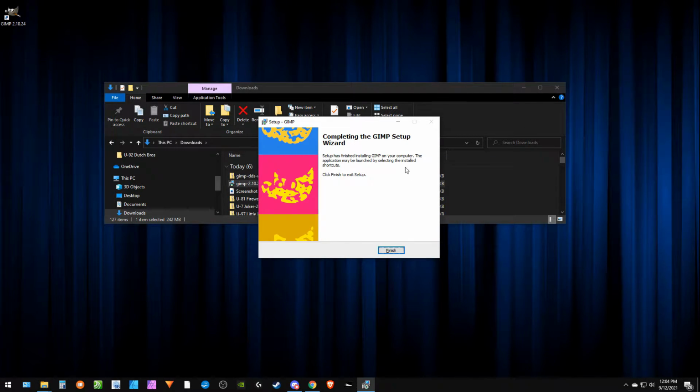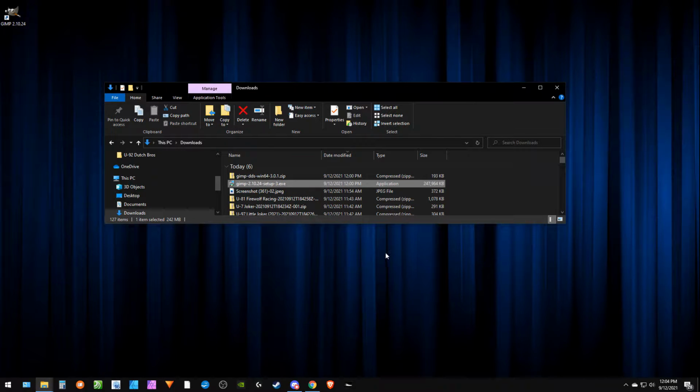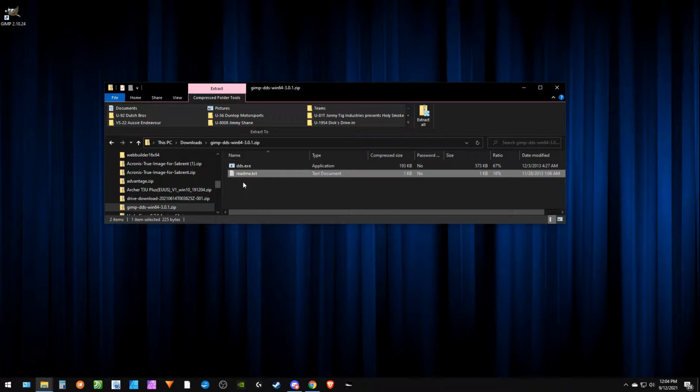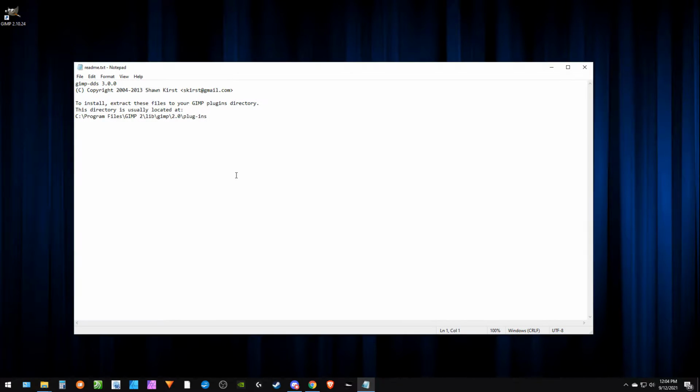All right, it has finished. So I'm going to click Finish. Now, the second thing here is the GIMP DDS file thing. We're going to click that. What do we do with this? I don't know. It's got a README text. Let's find out. All right, to install this, you put it right inside the plugins